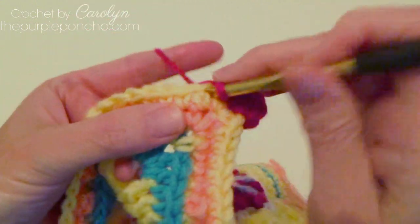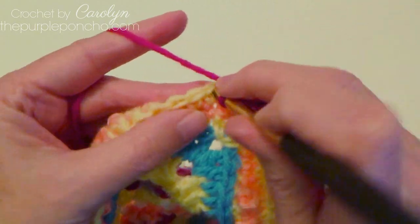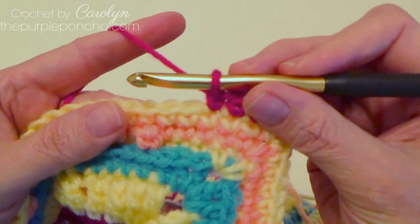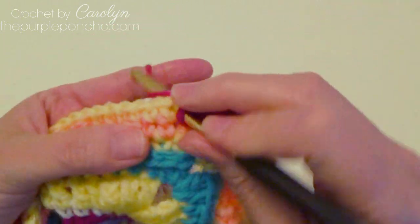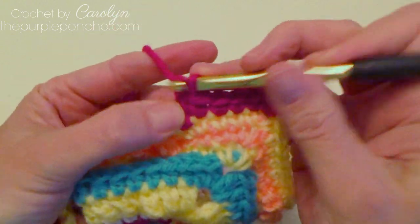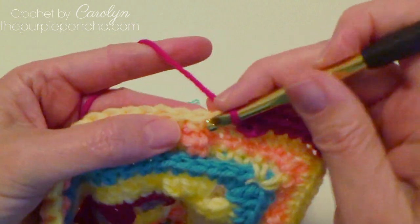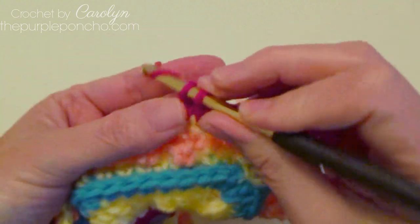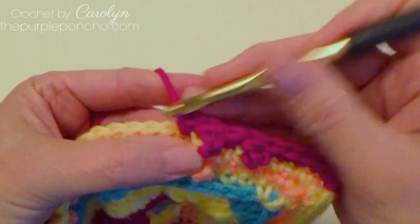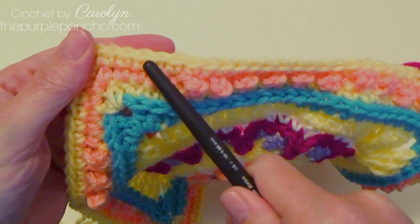1, 2, 3, and 4. And now we're starting our berry stitch repeat of times 12. So berry stitch, single in the next, berry stitch, single in the next. Okay, we're going to repeat that 12 times, and then when we get over here, it's going